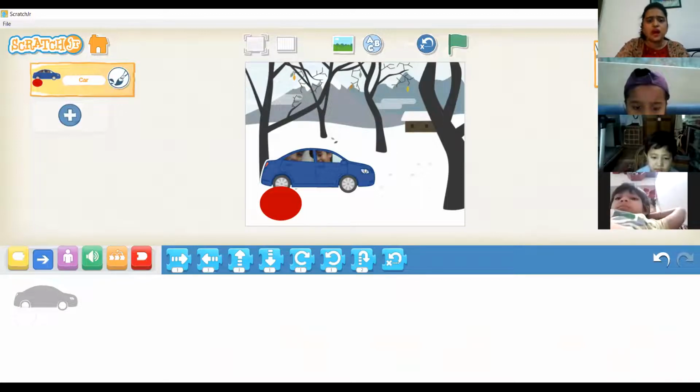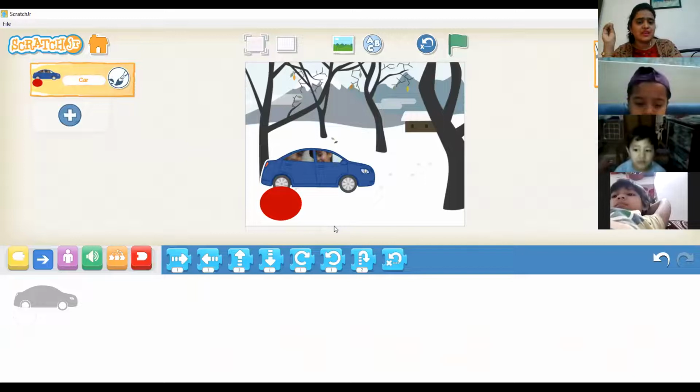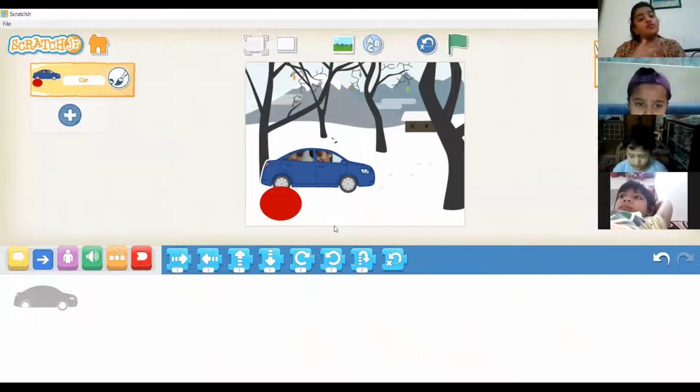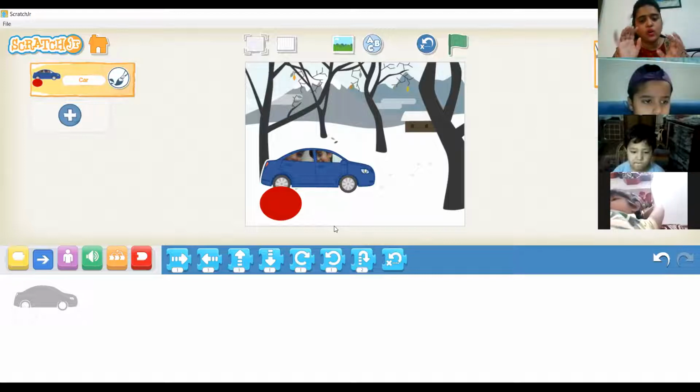All right. Now this car seems to be so big, right? It seems to be so big. So if you want, I can shrink it or I can grow it also. So now what I'll do, if I want to make it move on the screen, if I want to make it bounce on the screen, for whatever I want to do, I have to write code for it. And that is what we are calling coding.